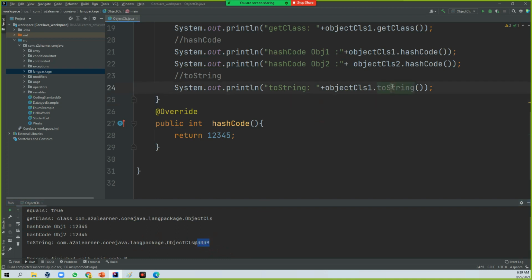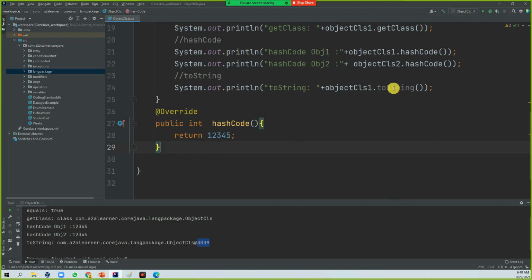So this toString you can override, like hashCode. How will the program execute? Whenever you execute this program, first it will look in this internal class to see whether the same method is implemented. With hashCode, you saw before and after: before writing hashCode, it was calling the parent class hashCode. When you write it, your program first looks into your class. If it is not there, then it will look for the parent class. That is the chain. So if you override it, it will be used whenever that object is called.